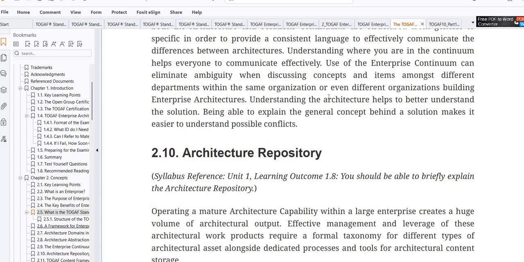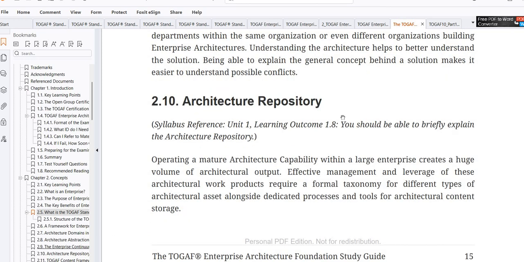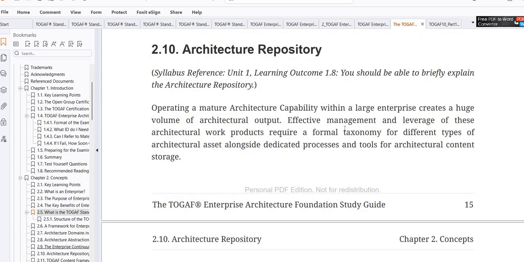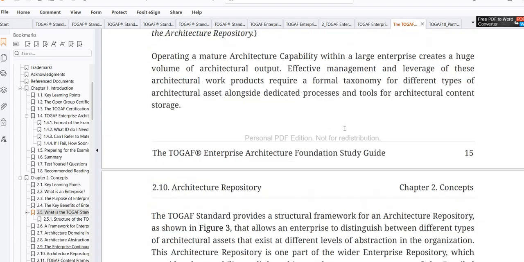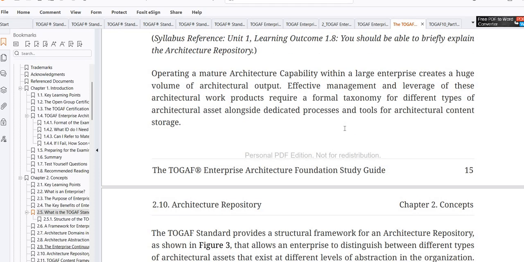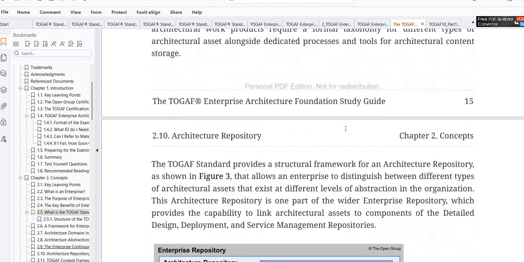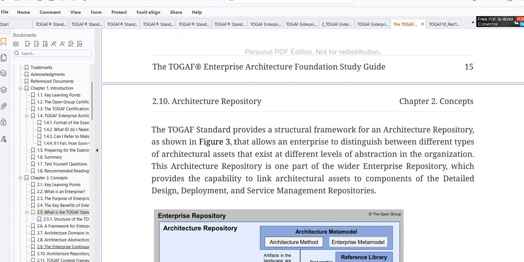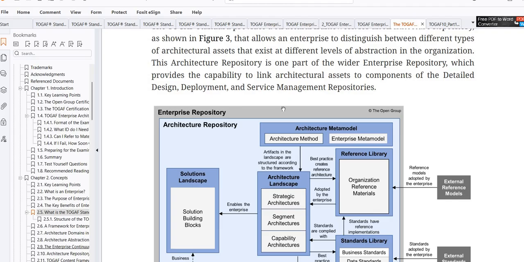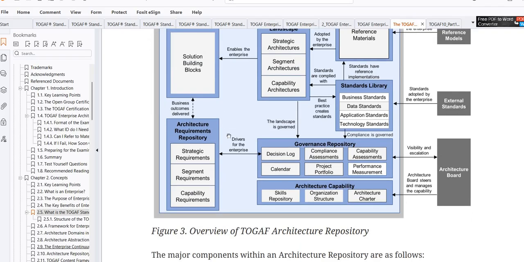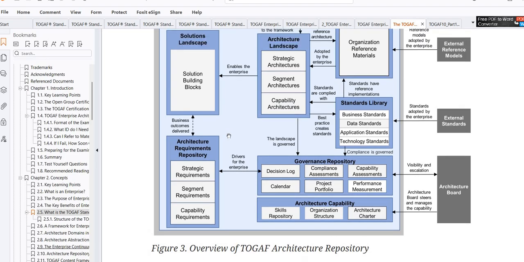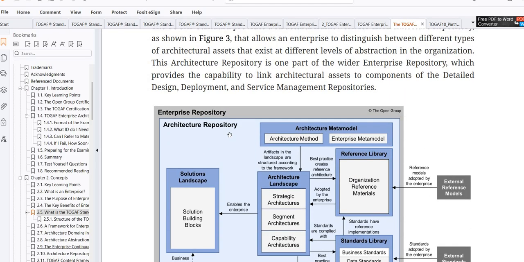Most important, the organization should understand that architecture helps explain the generic concept to the solution. These are very important. Another important topic is the architecture repository. This is very important; we can say architecture assets. Repositories are created in large enterprises to hold value, very important from the enterprise point of view. If you see the diagram, you can see the enterprise repository, the TOGAF architecture repository. Very important. There are six